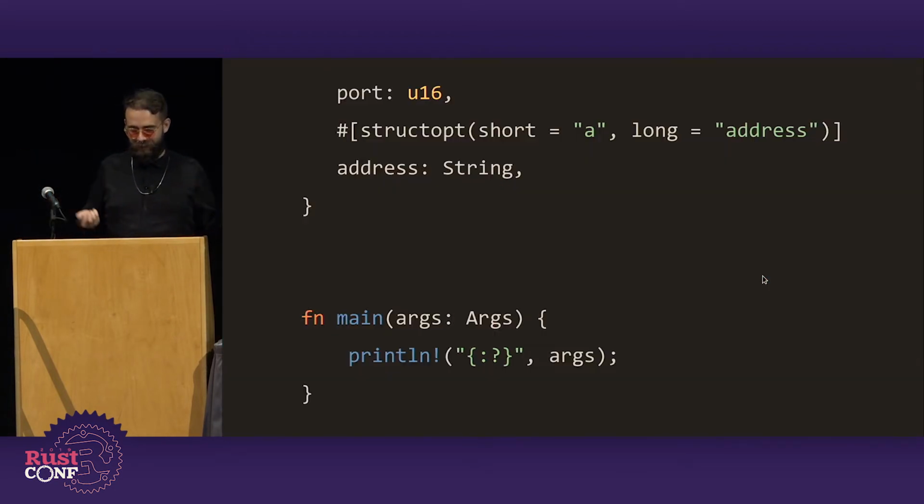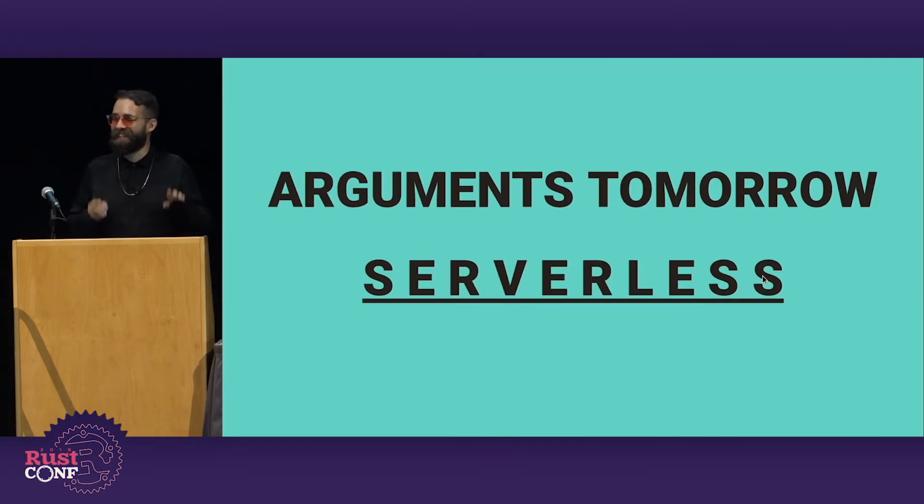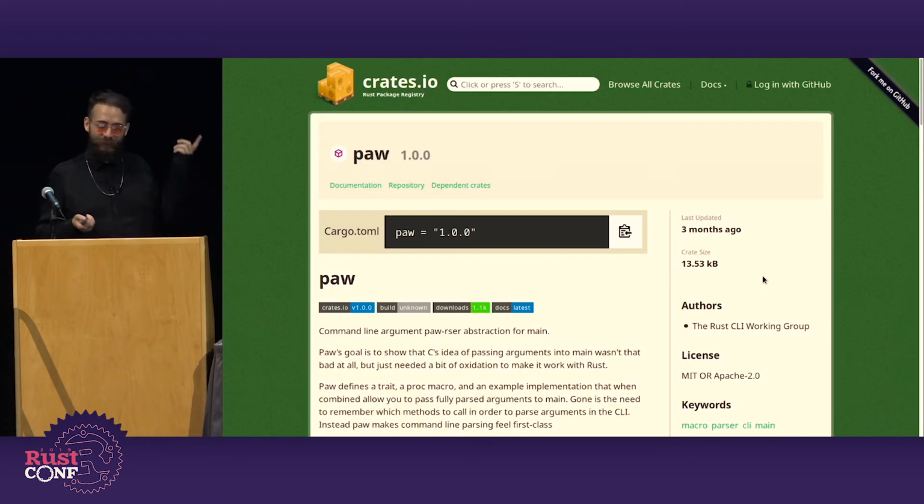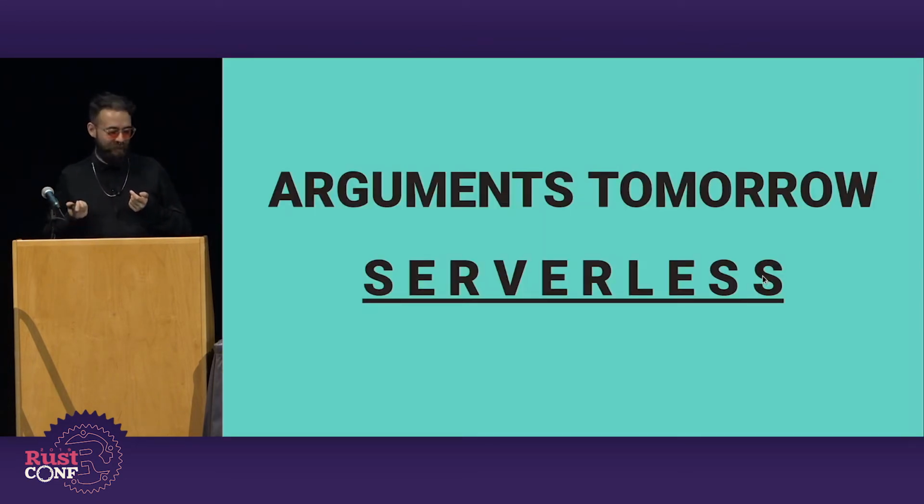Today it is using a little attribute called paw::main from a crate called paw. I would not recommend you use this in production, but definitely try it out. The second you have async code, things go horribly wrong. I tried to fix it, couldn't fix it. Anyway, it was pretty fun. Try it out. It actually works like this. You'll be able to see it, which I think is pretty nice. So, arguments of tomorrow